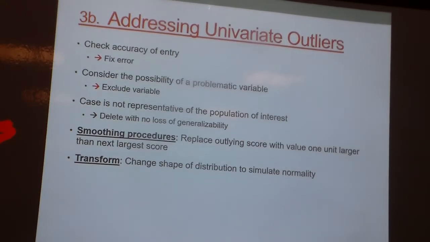Okay. How do we address univariate outliers? One, always make sure they're real scores. If they're not real scores, just go through and fix it. That's easy. Two, consider the possibility of a problematic variable, right? So I'm going to go through and look at